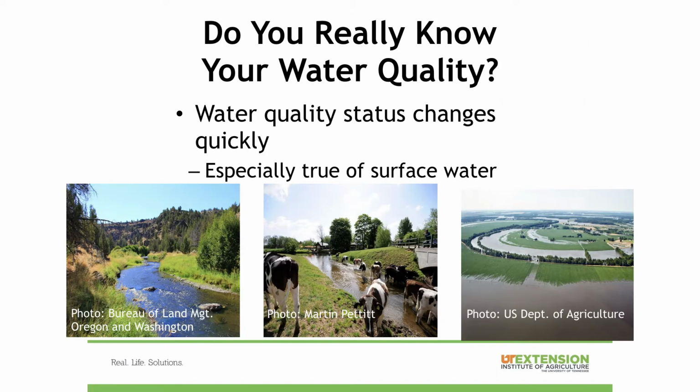So with surface water, do you really know the quality of your surface water? It can change pretty quickly, and this is especially true of surface water versus other sources. So it might look like this right there on your farm, but upstream from you a little ways, it could look like this, and your neighbor's cattle are going right through that pond, right? And so water testing gives you that snapshot of what it looks like on your farm, but with surface water especially, you really want to know what your neighbors are doing,